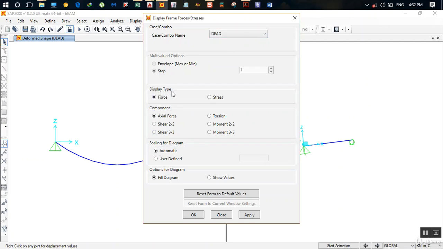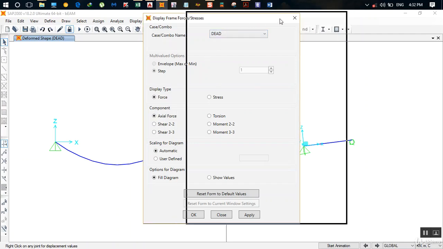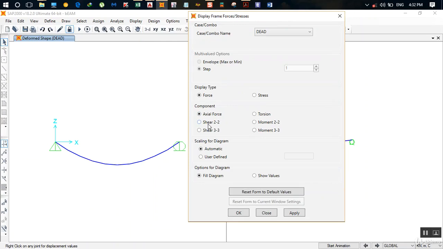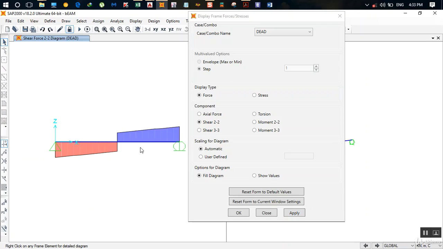And so display type we are going to see the force, right? So component, we don't want to see axial force, we want to see shear force and bending moment diagram. So there are two kinds of shear here, shear 22 and shear 33. Shear 22 is the principal maximum shear force, and shear 33 is the principal minimum shear force. And here moment 22 is the principal minimum moment and moment 33 is the principal maximum moment. So for getting the shear force diagram you have to click on shear 22 and we see a fill diagram